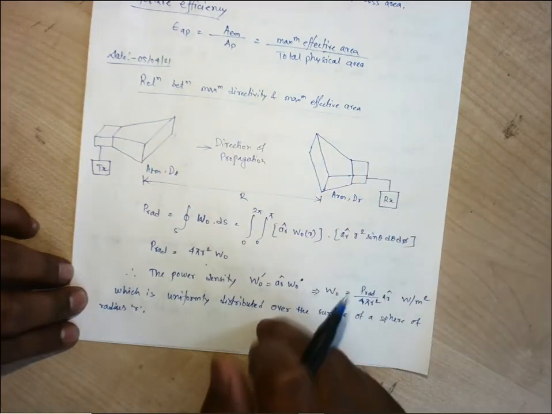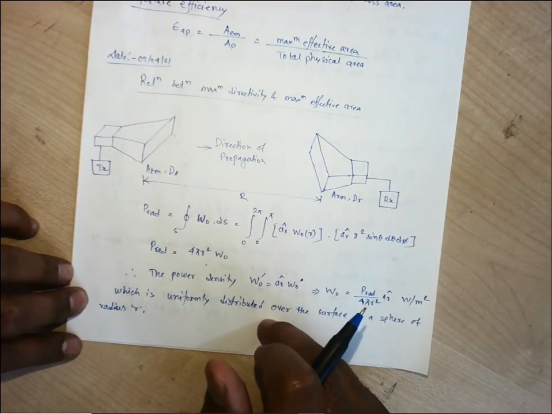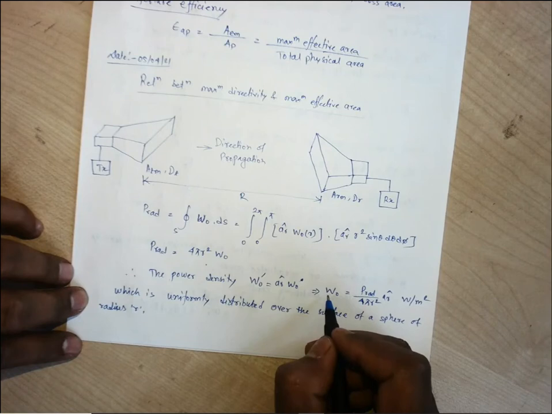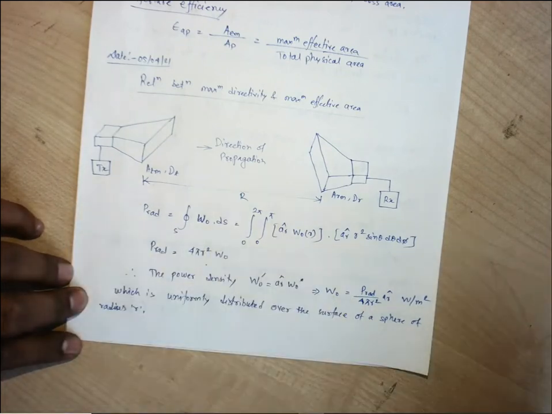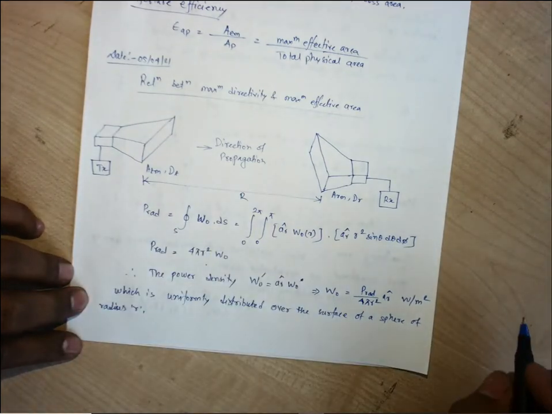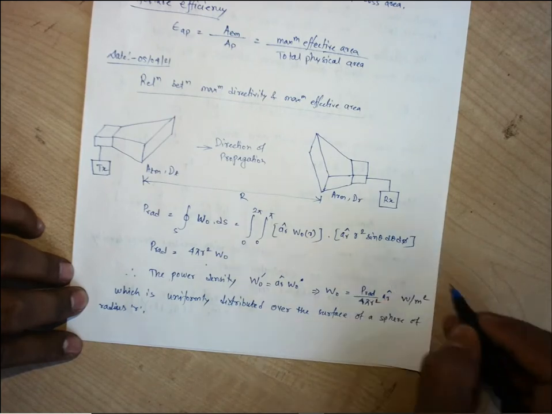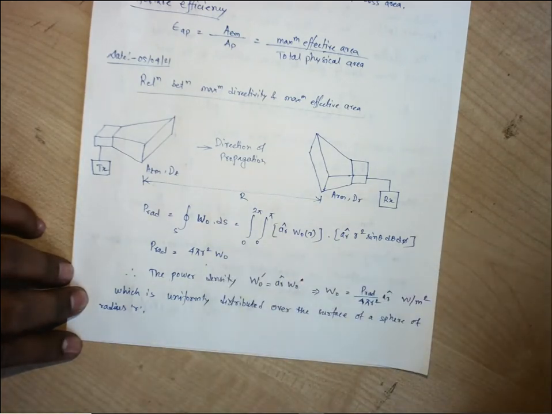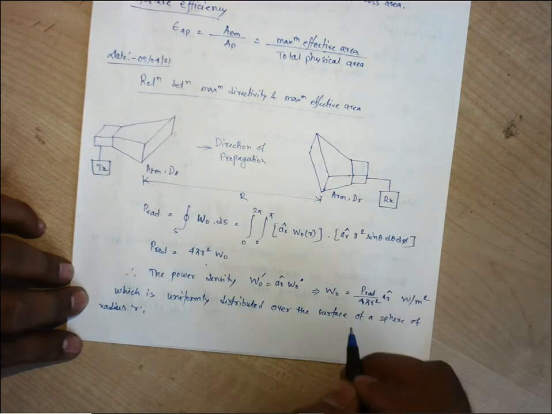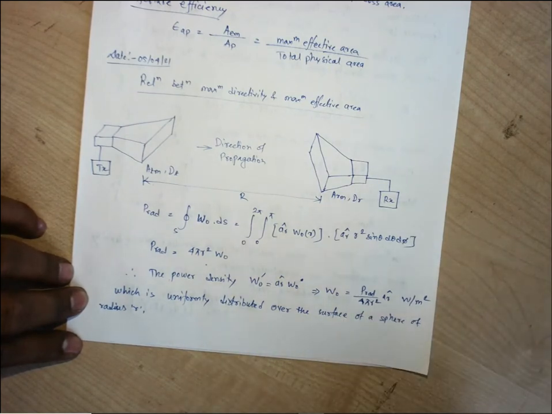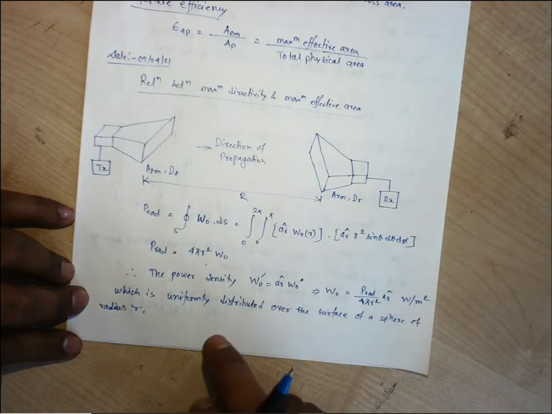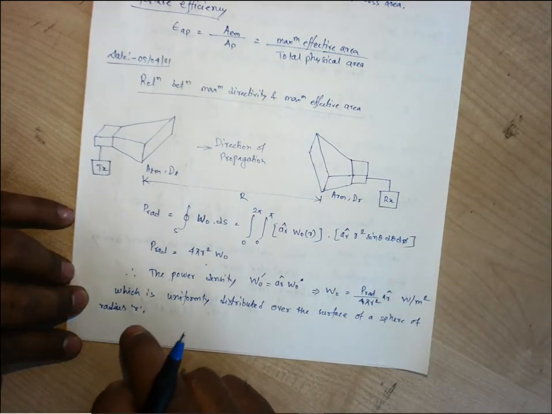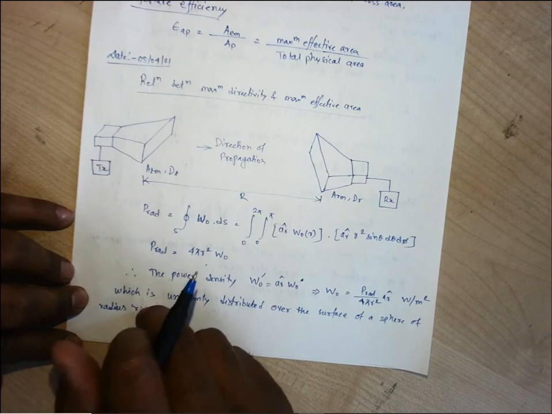So this is the condition for the isotropic radiator. This is the power density when the transmitter is an isotropic radiator. We can find this kind of radiation power density in every direction on the surface of the sphere. Now, after realizing this is the condition for an ideal source, that is an isotropic source,